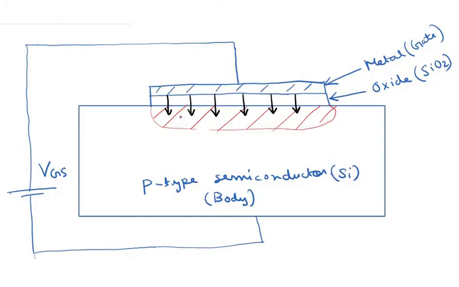Okay, because when holes were present, this region was electrically neutral. Now holes are repelled away from the surface of the p-type body, and that is why this region near the surface of the p-type body has become negatively charged now. So this negative charge basically consists of immobile ionic charges.